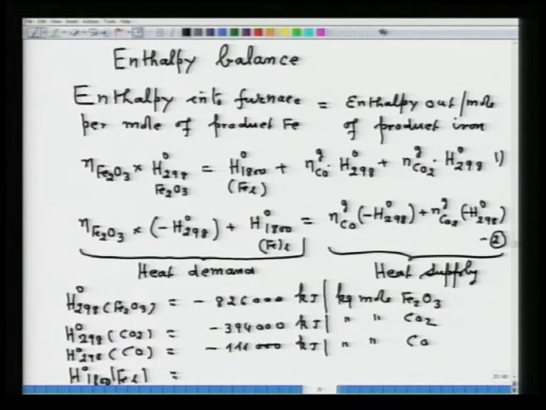So, that will be equal to, in the thermochemistry lecture I had already told you how to calculate this. So, you can calculate. So, that value will be 73,000 kilojoule per kg mole iron. Mind you, it is plus. So, if you substitute this value, we will get an equation